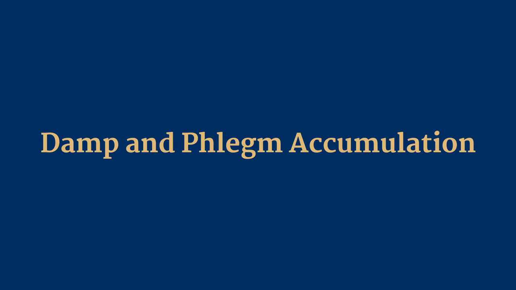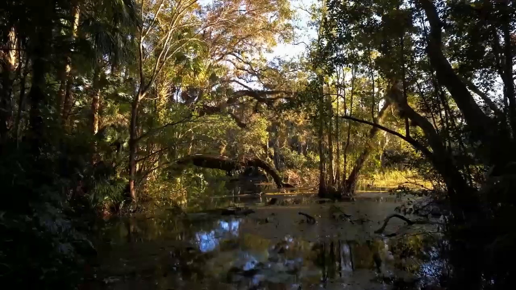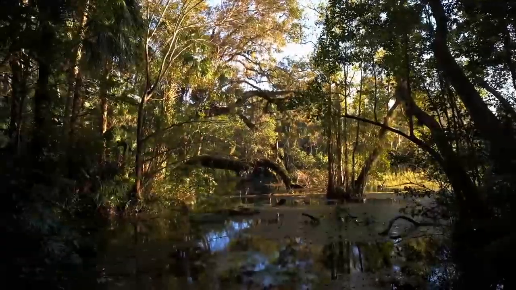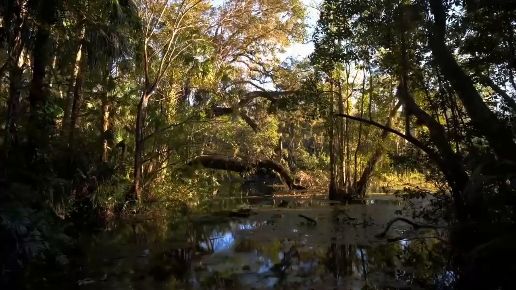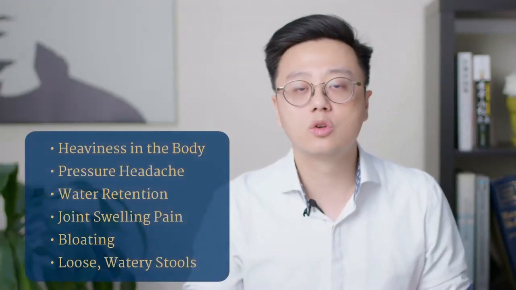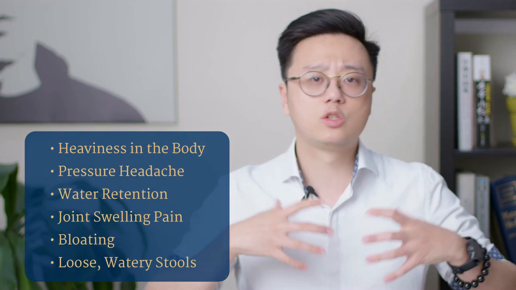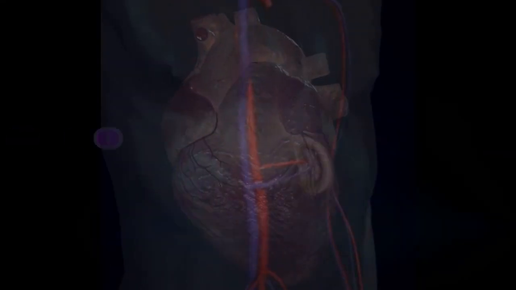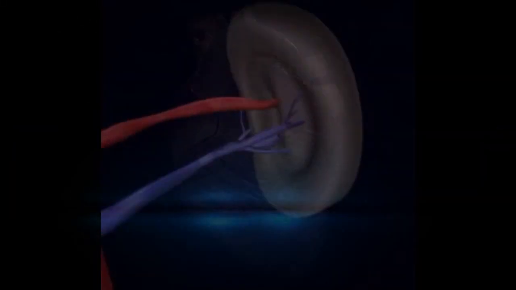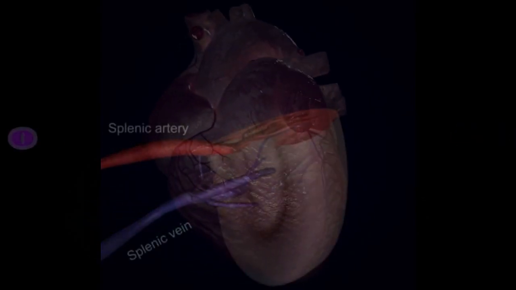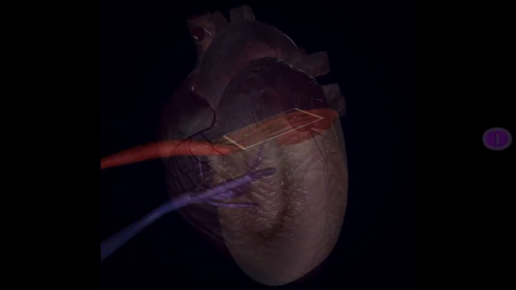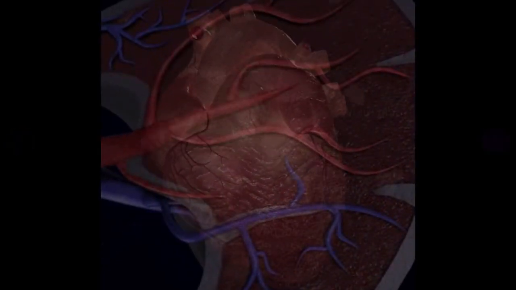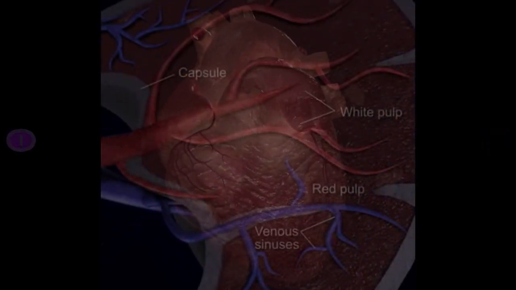Damp and phlegm accumulation. Dampness is a unique concept in Chinese medicine. It happens when our body loses the ability to get rid of excessive amount of water that's being trapped in our system. This type of individual will start to experience heaviness, swelling, and the following symptoms. This here is just one example of some of the thousands of electroceuticals that we use to be able to balance the body. A system of scientifically octo and sono epigenetics to ease disease.